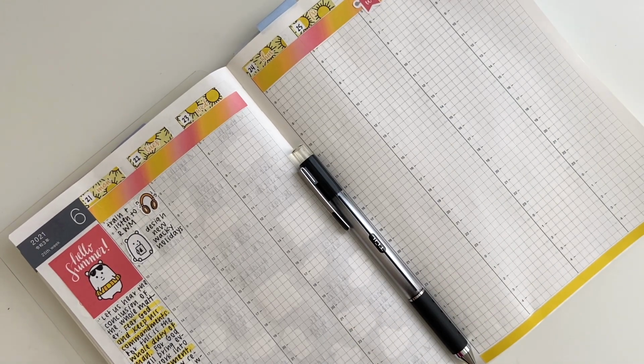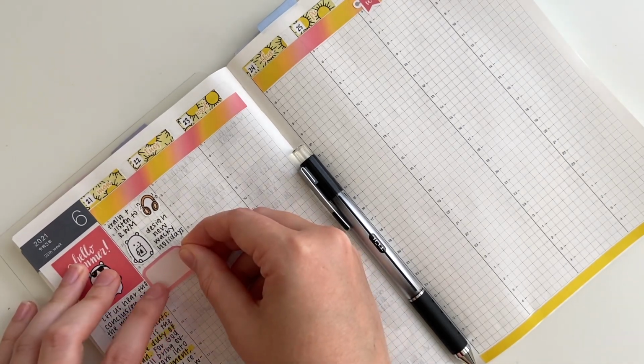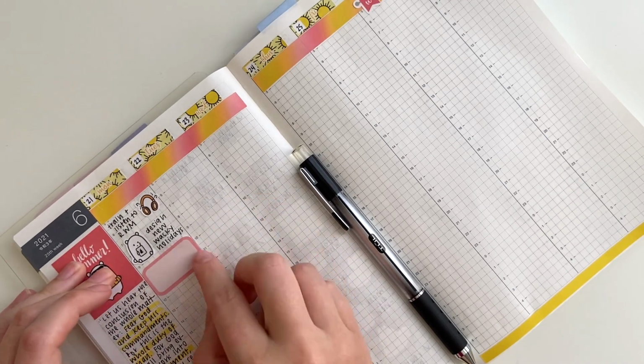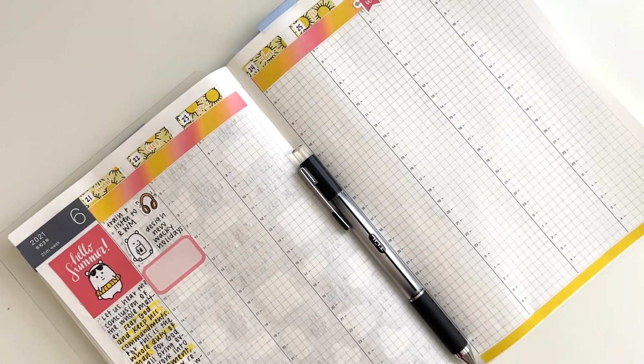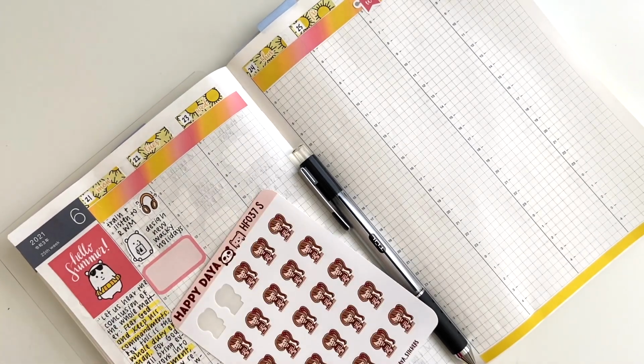After that, I wanted to fill orders, so I'm going to take a half box, I think. Let's use a pink one. A lighter pink one, I should specify. And put that down right here. I'm going to use one of those girls along with